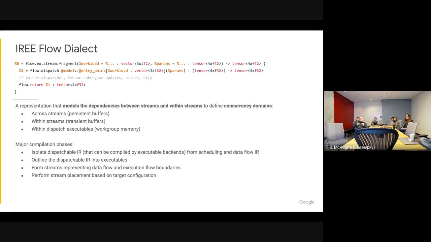The goal, once we've got it in this dialect and we've done all this work, is that at the end of the transformation, we know very clearly which operations we're actually going to want to dispatch, and the order that we want to dispatch them in, which is defined implicitly by the SSA values and the use-def chains between them. We have identified for those things we want to dispatch where they can co-locate.